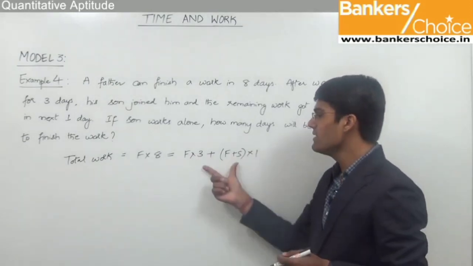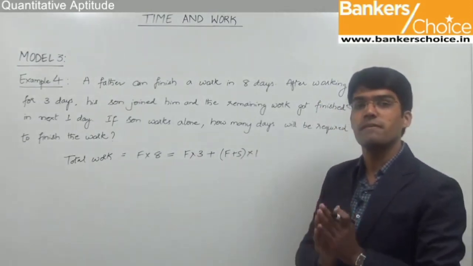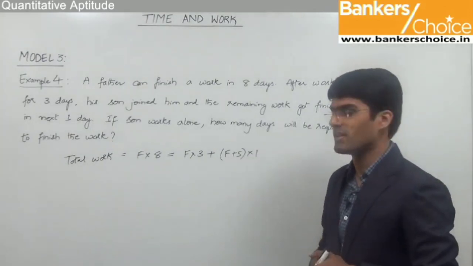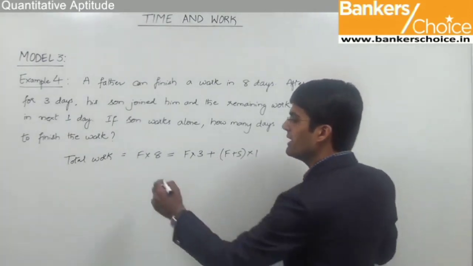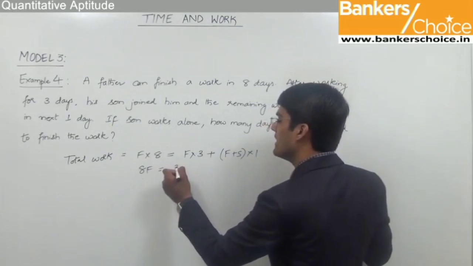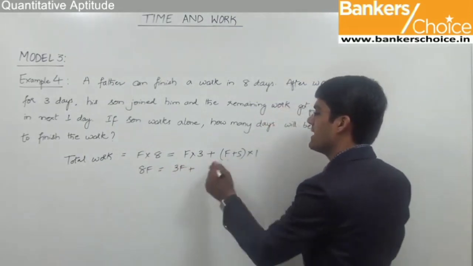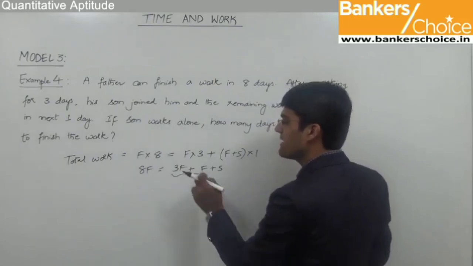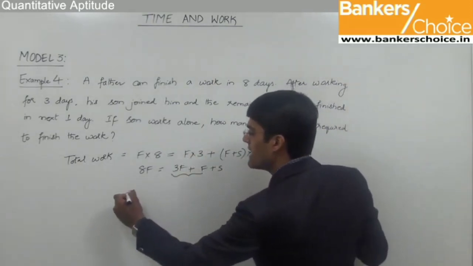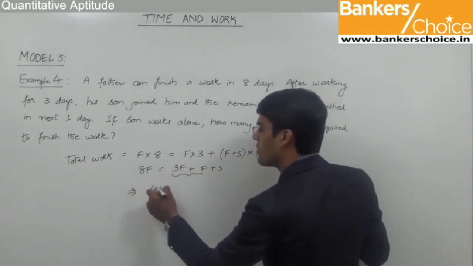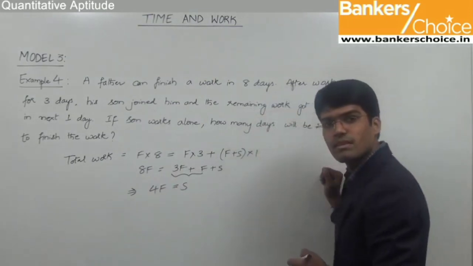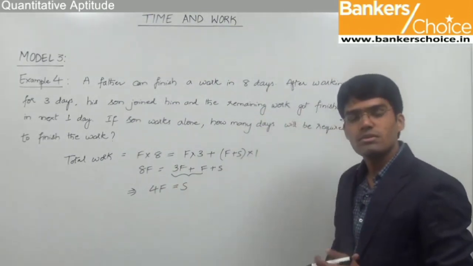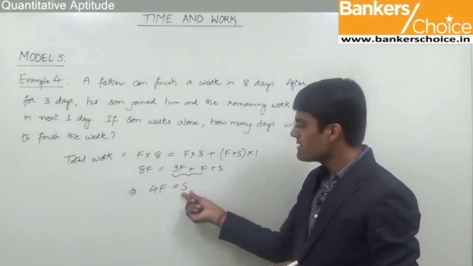So by equating these two, we can establish the relationship between father and son. So that is nothing but the capacity of father and the capacity of son. So let us try to simplify this. Very clearly 8F is equal to 3F plus F plus S. Right, so from this, by taking this 3F plus F, 4F on the other side, we get 8F minus 4F, that is 4F will be equal to S. So we can understand that 4 times the father is equal to son, that is son's capacity is 4 times